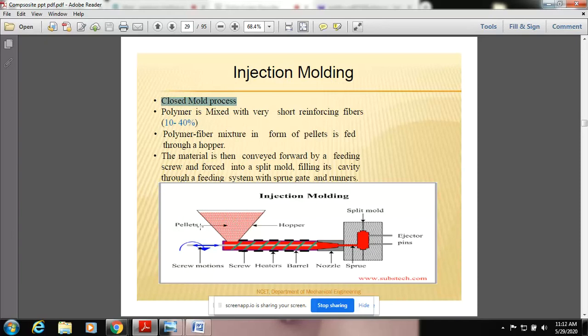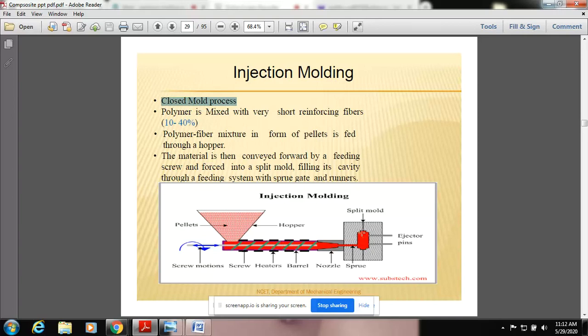Pellets are just like the size of tablets, right? The tablets you consume when you have a health issue. Such very small particulates are mixed with the resin. This is completely resin with particulates. Then coming here, you can see there is a continuous chamber, right? What is the content that has to be transferred through this chamber?